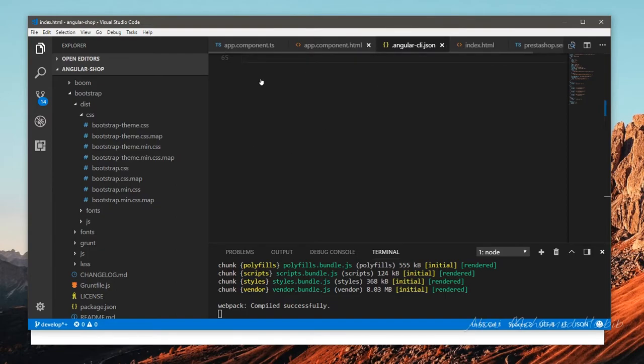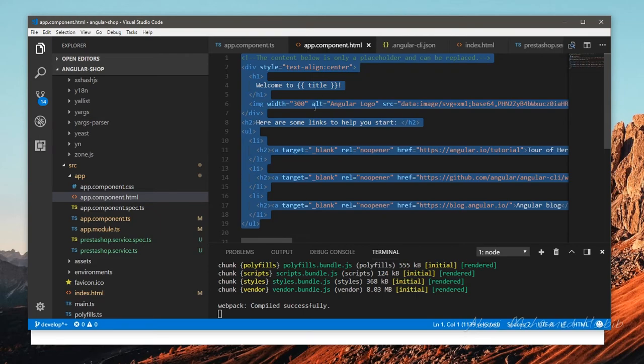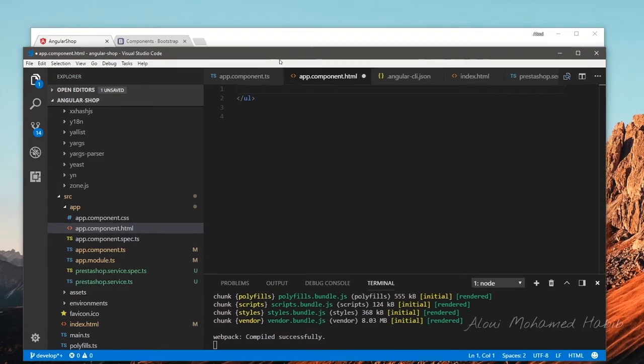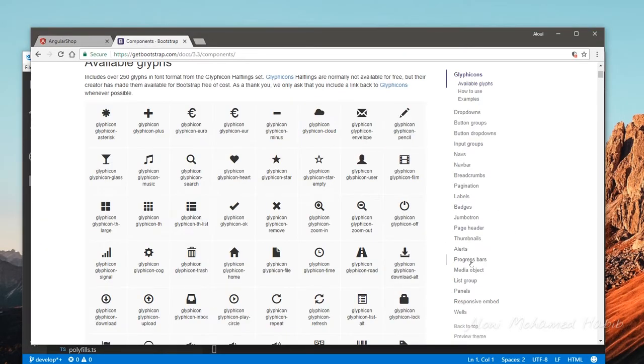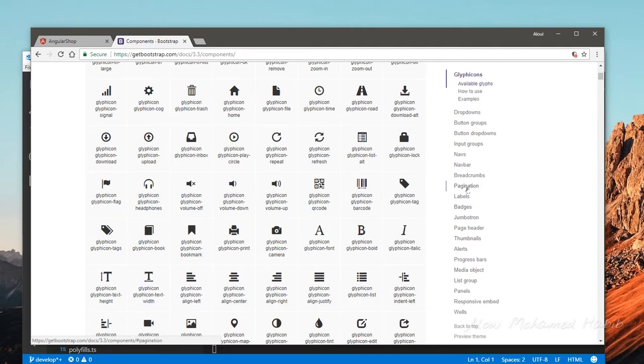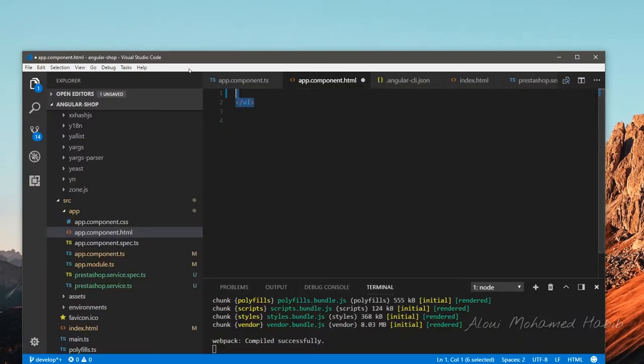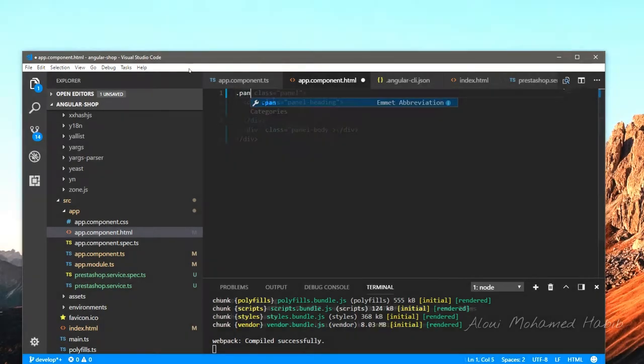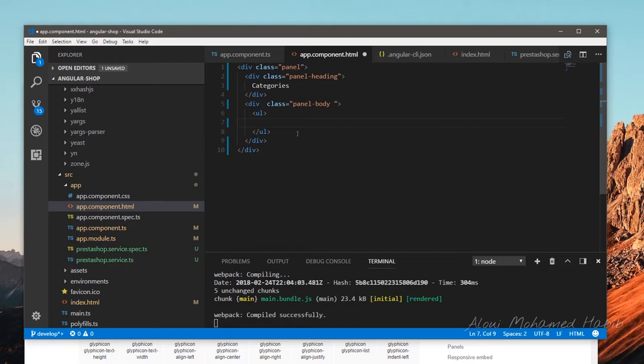And most of the work will be done on this app.component.html. Alright, let's take off all this junk, and let's start with a simple list. So search on Bootstrap, list, labels. Okay, I think we'll go for panel. Oh, I will do that ng for loop. So it starts with ngFor equal to let category of categories, and inside it I will do